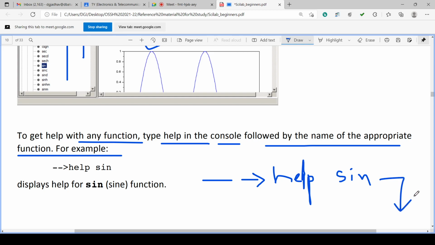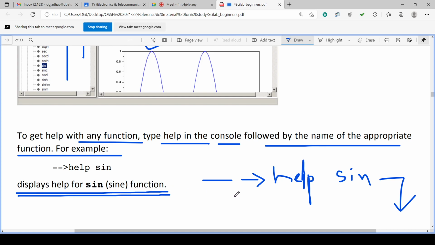You will get the help on the sin, or sine, function. It will display the help for the sin function.